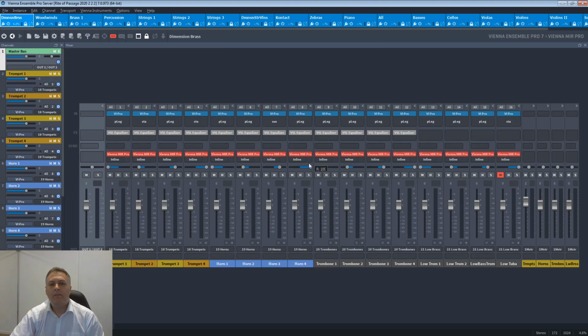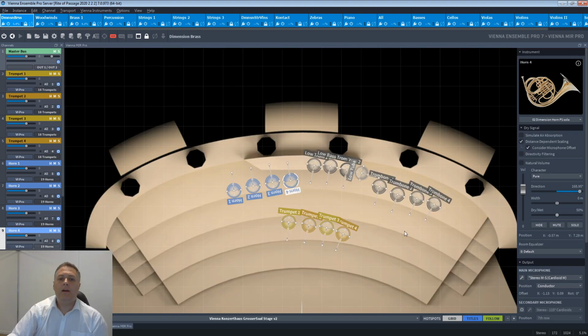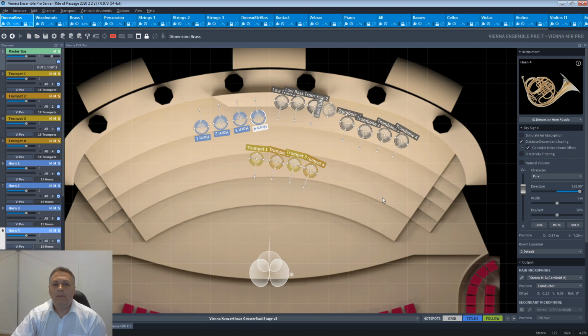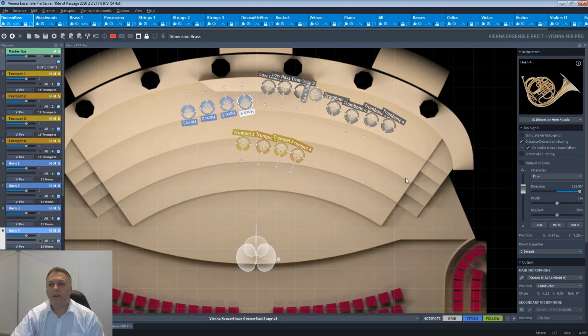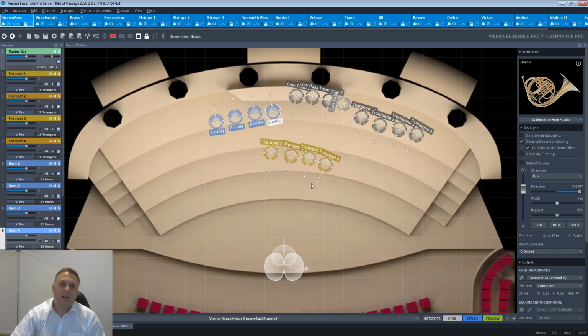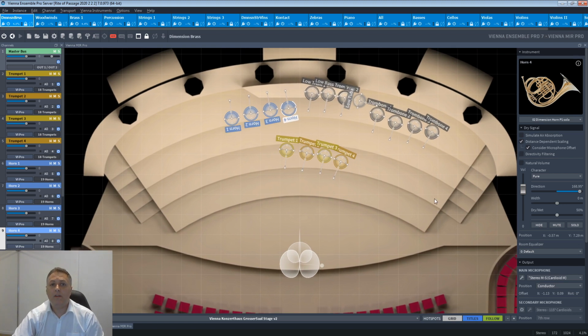Now, also from a mix point of view, just very quickly on Mia, I've used a pretty close mic setup here for Dimensions Brass. And I've got the horns facing the back of the hall because I really liked that effect for this particular part. And what I've basically used Mia here for is a very sophisticated, directional and placement tool just to give those cues to where the instruments are. And it's very, very effective for that.